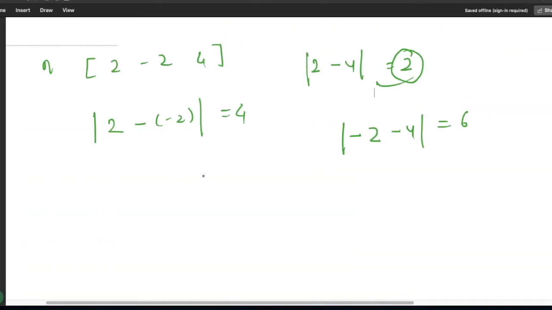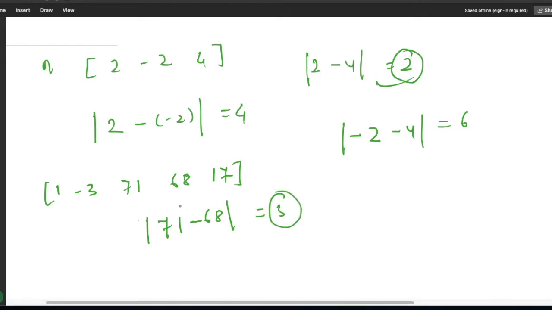Let me take another example. Suppose my array has values 1, -3, 71, 68, 17. If we calculate all the differences, making all the pairs, we will find that the pair 71 minus 68, which is 3, will be the minimum.